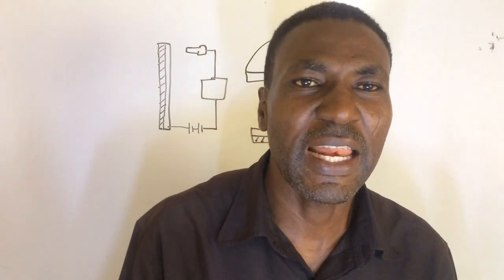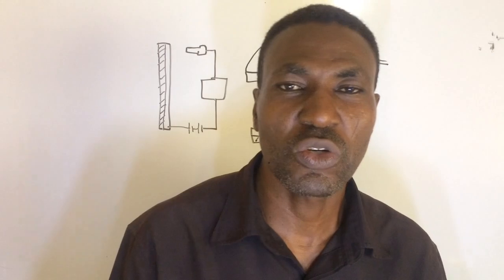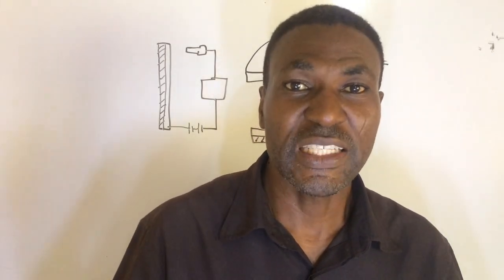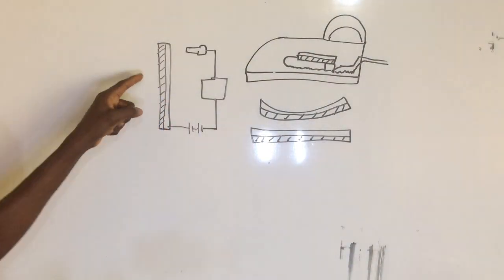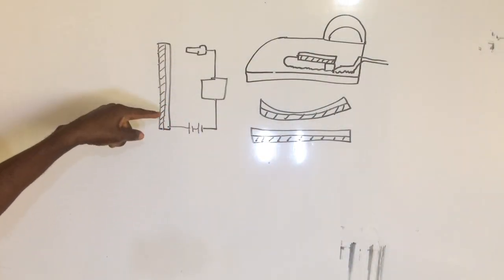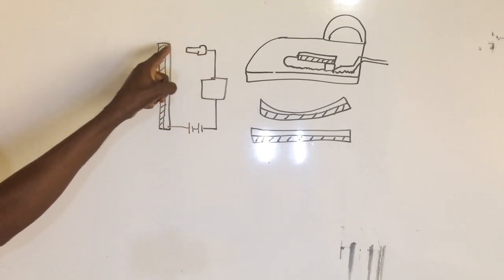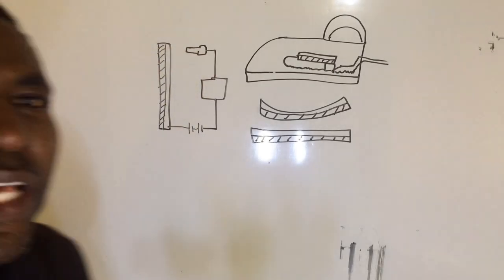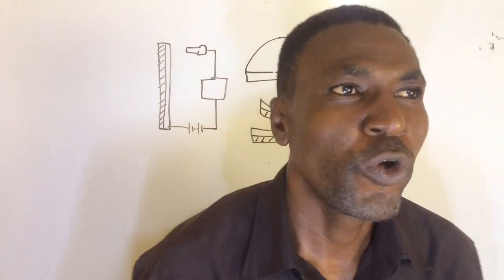We have fire alarms in our schools, industries, hotels, and our homes. So when there is a fire outbreak, just like this is the bimetallic strip, then this is the fire alarm. It is an open circuit now. There's no power contact. So when there's a fire outbreak in a house, then the heat from the fire will now